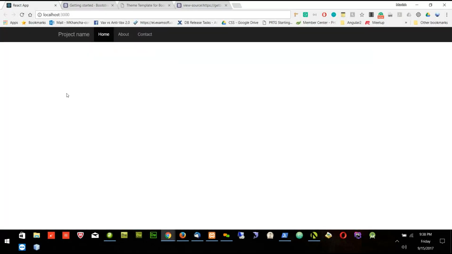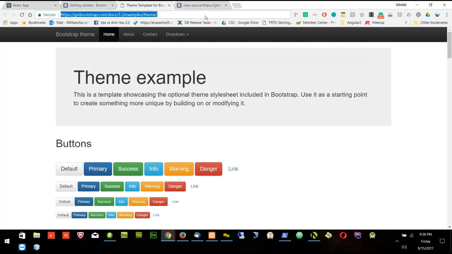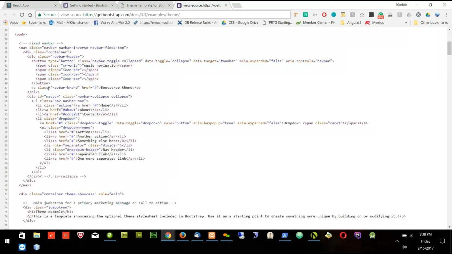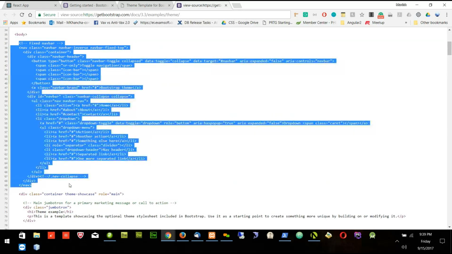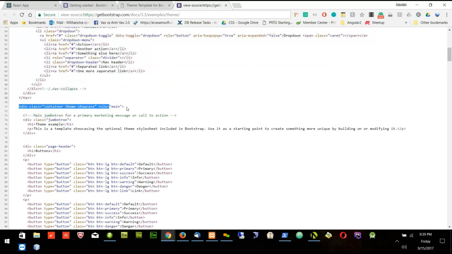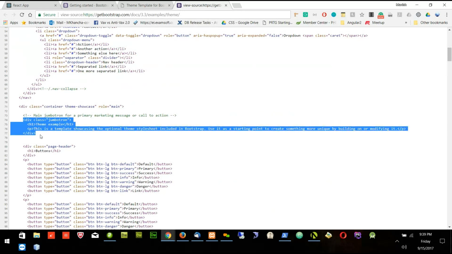So once I put A3, nothing has happened because right now I just put the whole big div, which is after the navigation. So here is my navigation ending, and after navigation my div is starting like this. So I'm putting the div in. This div will go into the A3. Now I will only put the Jumbotron in A4 and I will import it in the A3. So I will take the Jumbotron part